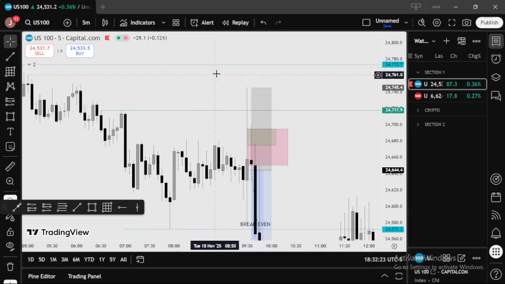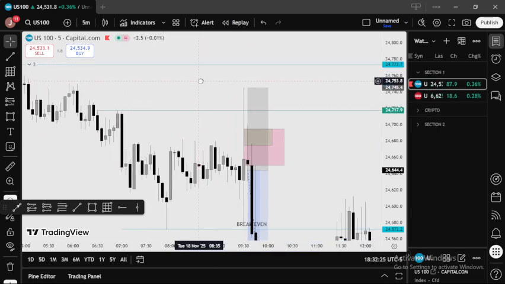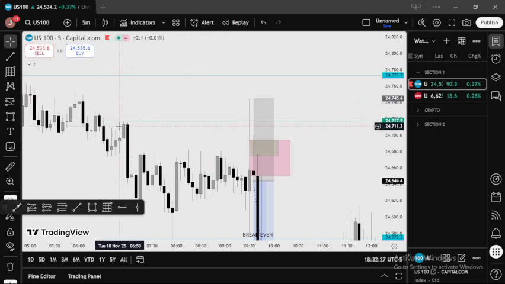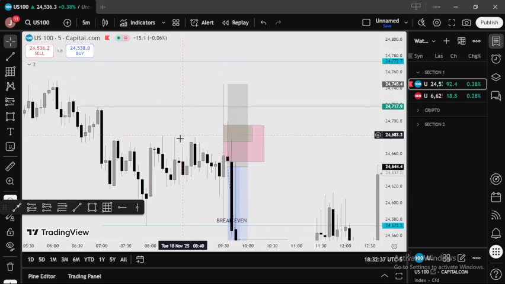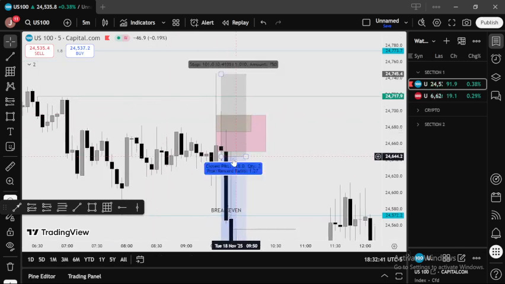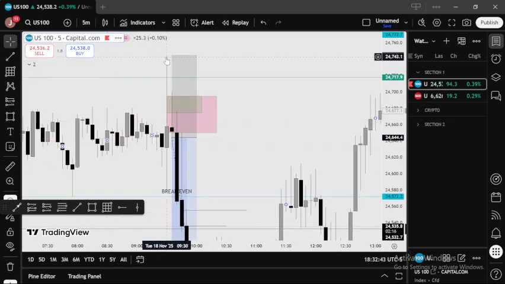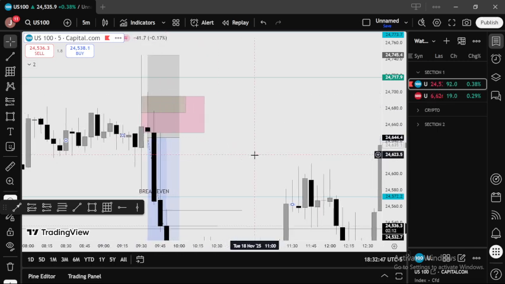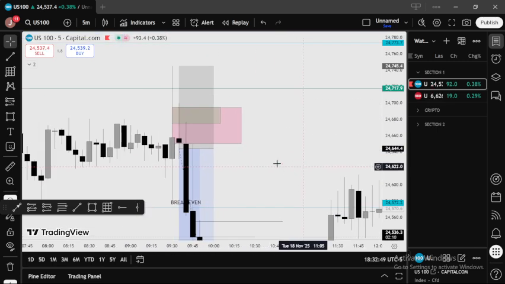So at the hourly high, I didn't take out the session high, but I didn't really care too much for it since we already took out the liquidity over here. We might go back there someday, but for now, I'm not really interested in anything above. We just took out the liquidity, which was one thing I really did want to see. And after the 5 minute closed, I didn't really see anything of note.